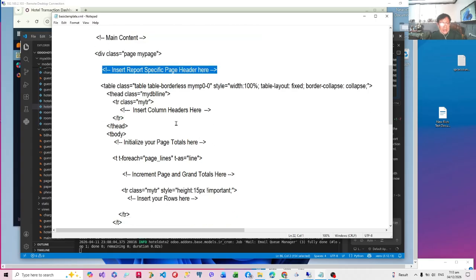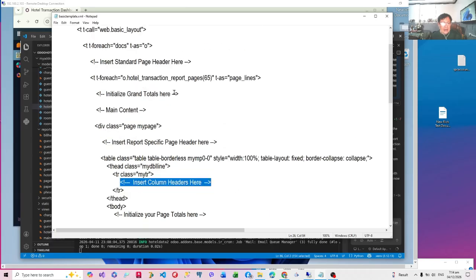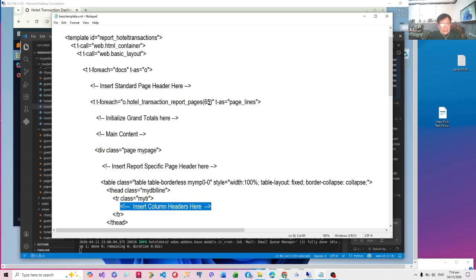Okay, you start with a table for the body. Remember that the header is going to be part of the page repeating header. You insert the columns of the header here, and then you start with the body, where we are going to do a for each loop to generate each row, and this for each loop gets every line of pages line, which is actually a 65 line data set.